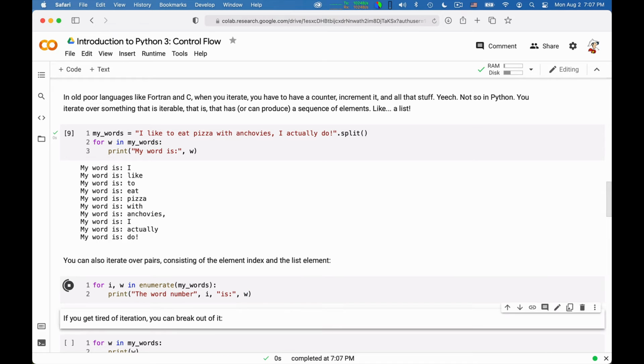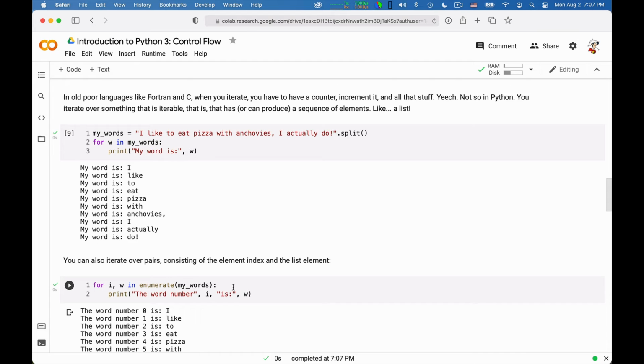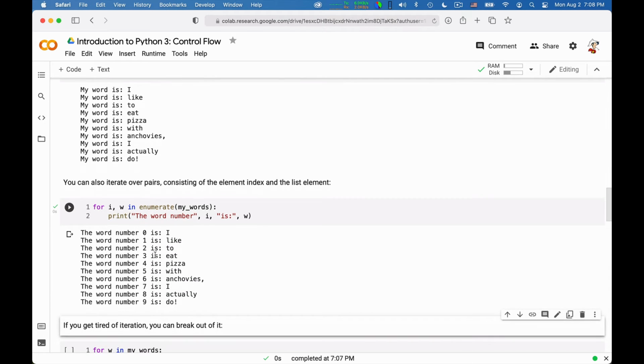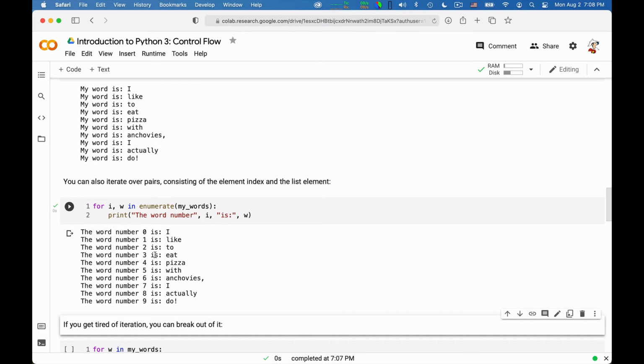Okay, I think it's almost easier to see it than talking about it. You see, i gets values 0, 1, 2, 3 up to 9, and w gets the words. I like to eat pizza, yada yada. Okay? So this is very useful, to iterate having both the index of the element and the element itself.